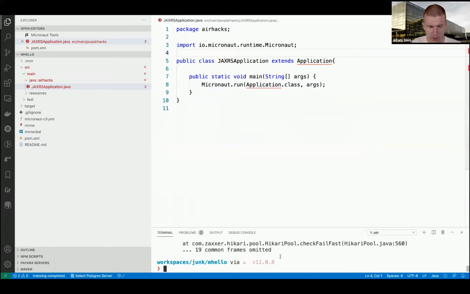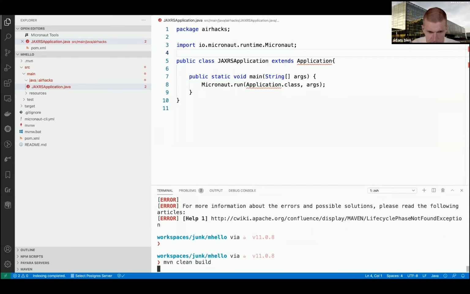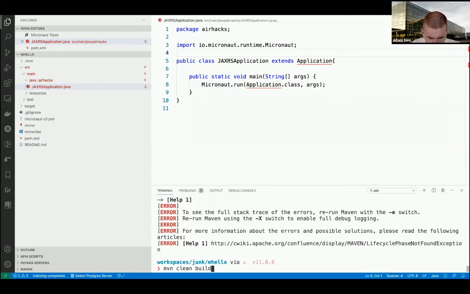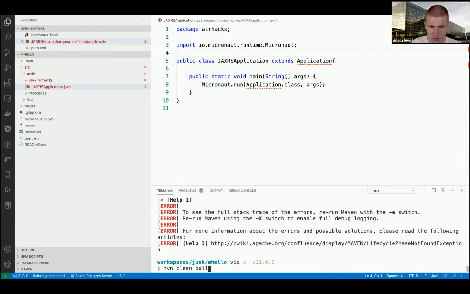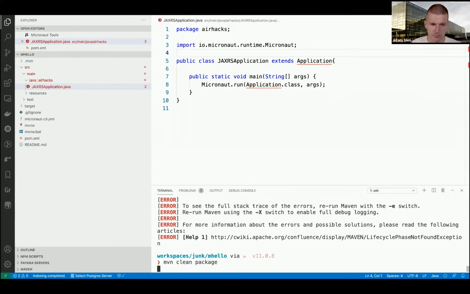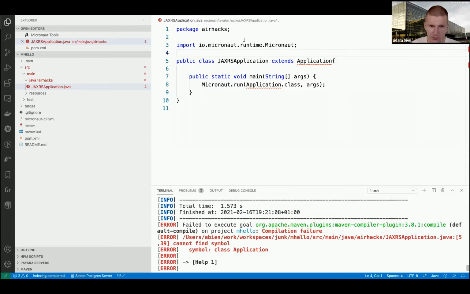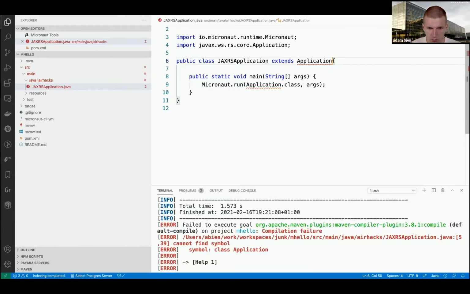I think I have to build it first. Build. It's the JAX-RS application, at least it should be. Come on. And what does it say? Too late or too early. So what's now the problem? Yeah, now the problem is that this is not known, which actually can be fixed because, exactly,